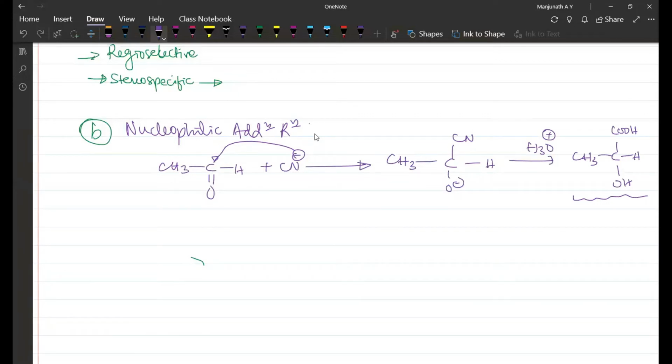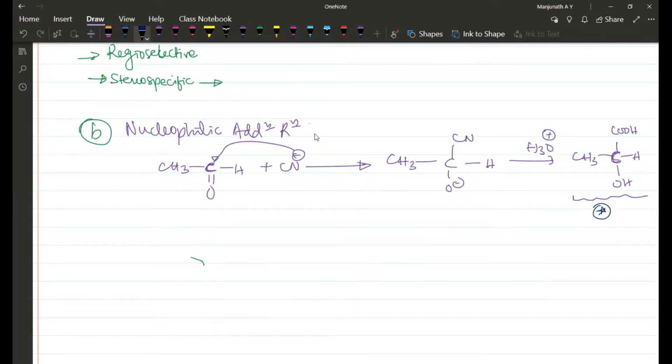So this type of addition reaction produces a saturated carbon here. This carbon which was unsaturated has become saturated now. This type of reactions are called nucleophilic addition reactions. Sometimes they may give rise to optically active compounds also, depending upon the nature of the reactant. Further details we will be discussing in many other reactions. When we discuss carbonyl chemistry, we will be greatly dealing with this type of reaction. You should know this is how this reaction takes place, addition of a nucleophile to a carbonyl.